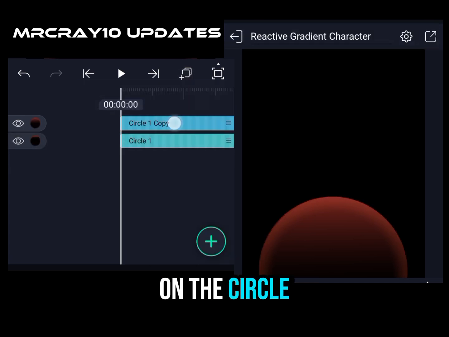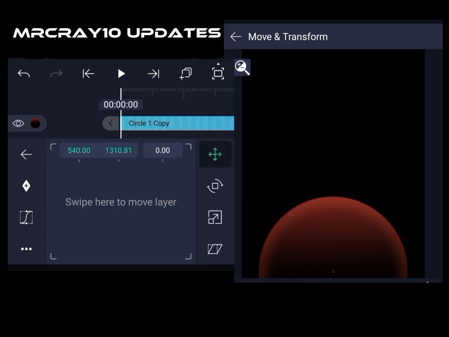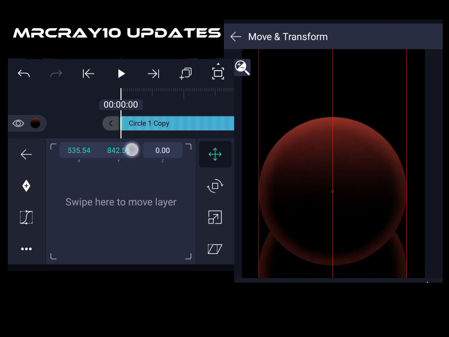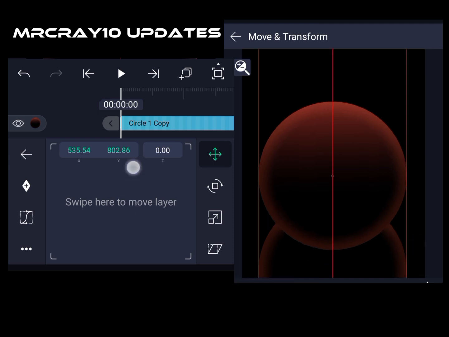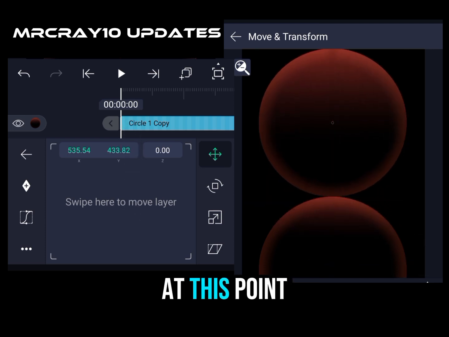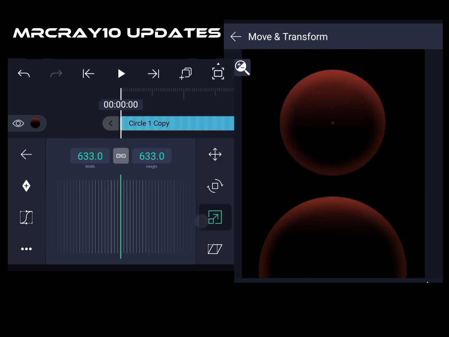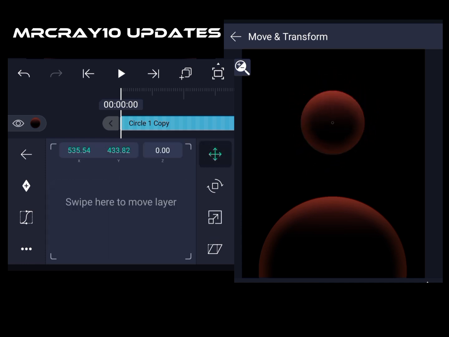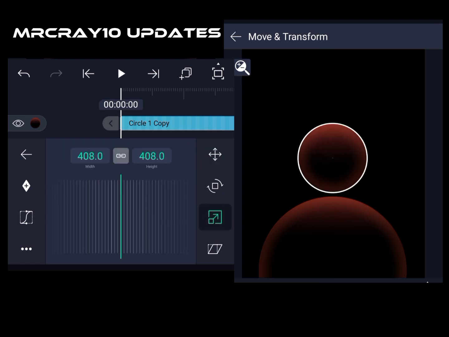So now tap on the circle, one copy. Go to move and transform. Now drag it up like this. Guys, I believe you get my point. At this point, go to scale and reduce the size. So when that is done,